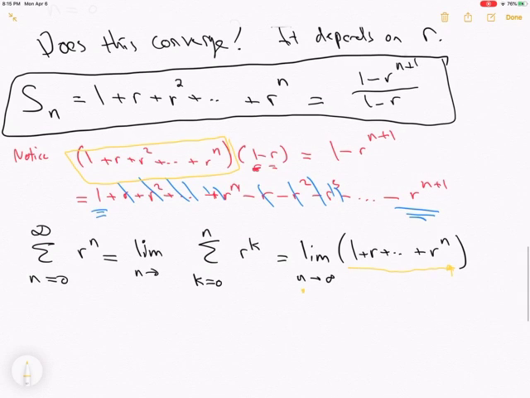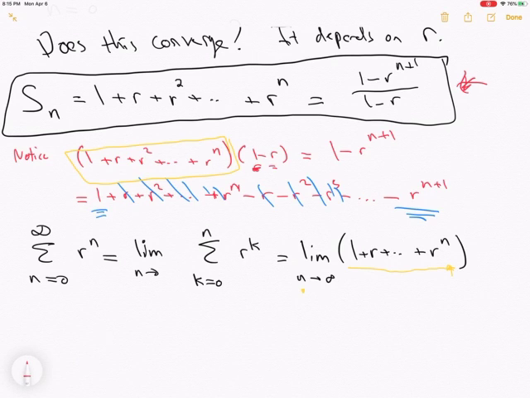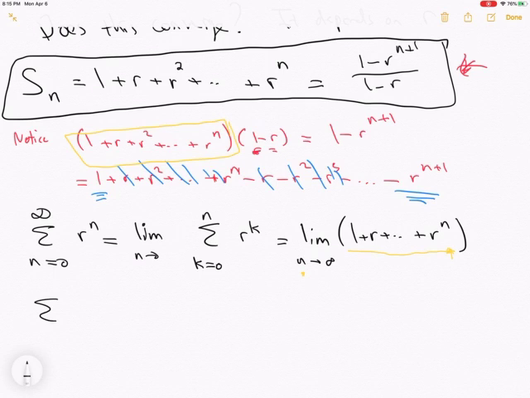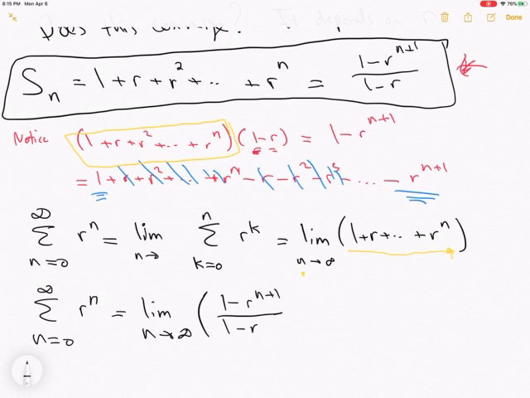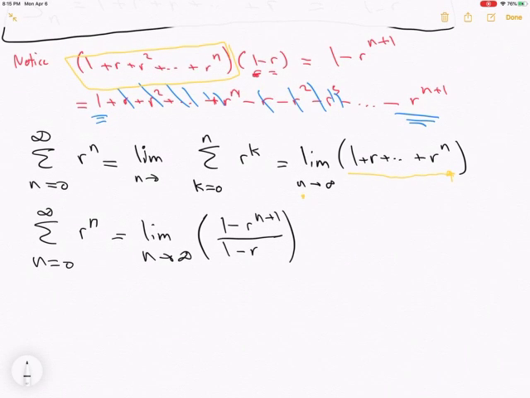But now this thing in parentheses that I just underlined in yellow is exactly what is written over here. So we have a nice formula. We're just going to use that formula here. So this says that the summation of the geometric series, sum n goes from 0 to infinity of r to the nth power, is equal to the limit as n goes to infinity. And now the thing that I just underlined in yellow is given by this formula here, 1 minus r to the n plus 1 over 1 minus r. So in order to evaluate this limit, we can see right away that,